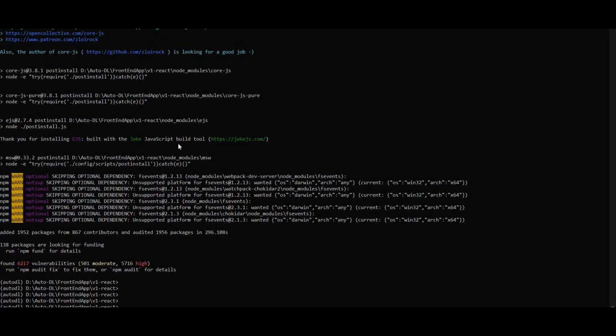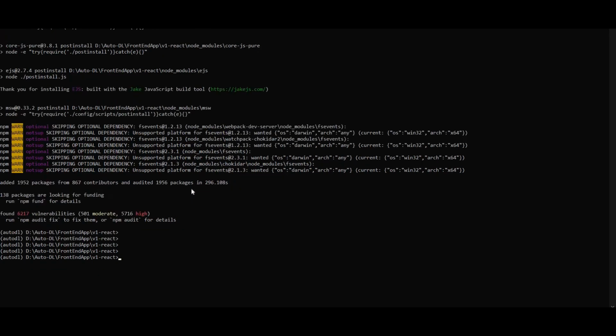So what's next? Next is running AutoDL. I'll suggest that you get two terminals, one for the backend, one for the front end. I don't see any other way to run it except using the scripts. But again, on Windows, I don't really guarantee you that the scripts are going to work 100% of the time. They were written for Linux and Mac. Anyway, I'm already in v1 React. Here's where we npm installed. Let me show you that we have the node modules now, and we can just do npm start.